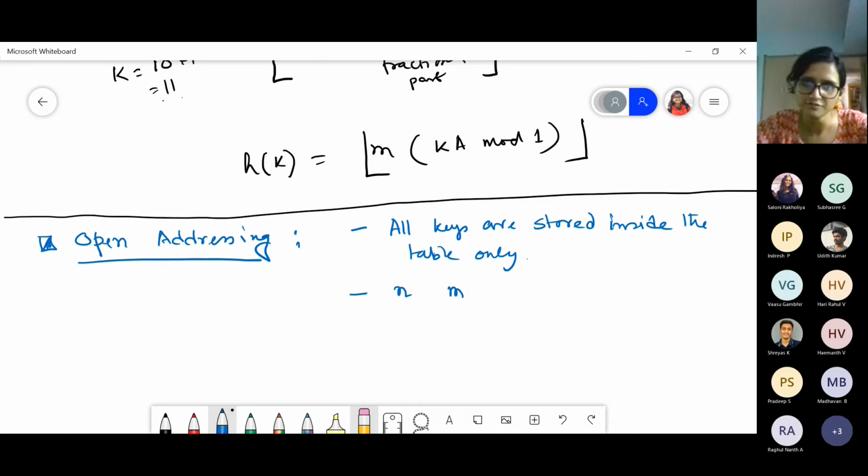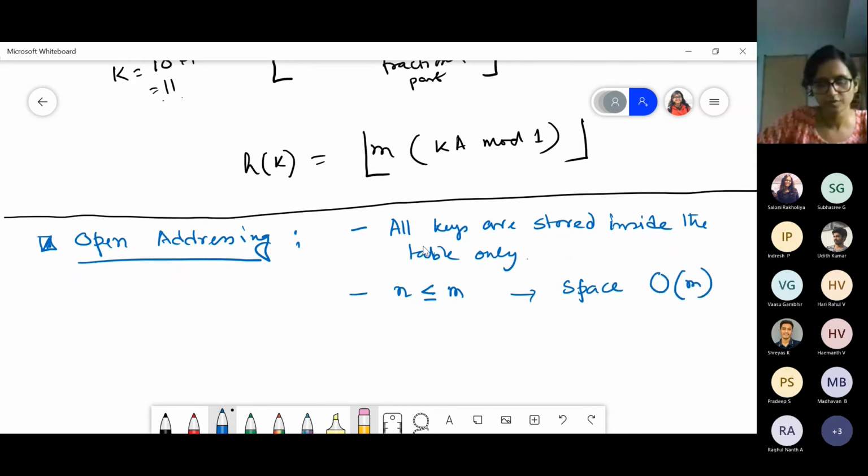So previously, in case of chaining, we considered n can be greater than or equals to m. Here we have to consider that n is less than or equals to m, because we are not allowing any key value to be stored outside of our table. That means we need to have more empty slots in our table. So here storage space requirement, space complexity will be order of m. Previously our space complexity was order of n, here it is order of m.